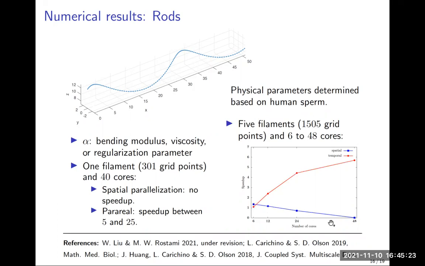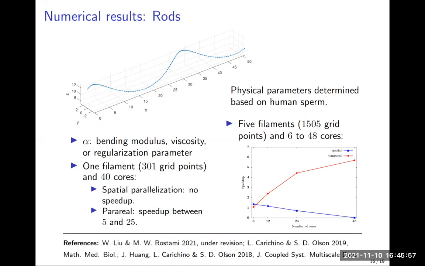The blue curve is spatial parallelization, the speed up versus number of cores. The red curve is the temporal, the speed up of the temporal parallelization, again, speed up versus number of cores. Initially, when the number of cores is small, you can see that spatial parallelization is actually faster. You can gain more speed up, but as you increase the number of cores very quickly, temporal parallelization becomes more